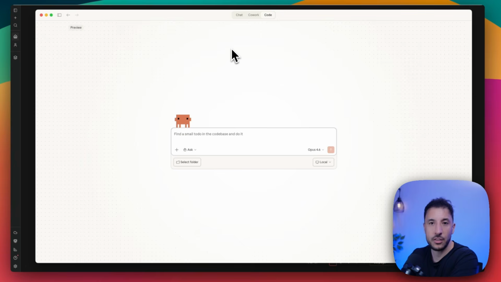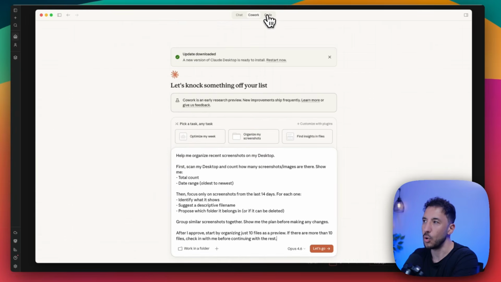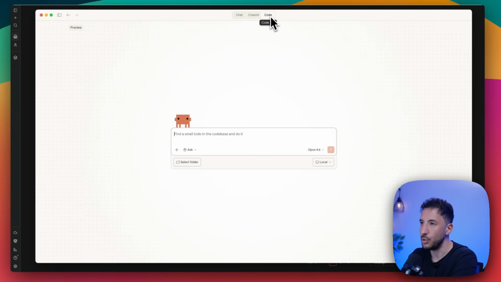All right, so we're going to start our initial prompt with Claude Code. If you don't have Claude Code, head over to claude.ai. You can download the desktop app. You want to use the desktop app because that way you'll have access to Cowork and Claude Code here. After you install it, come to Claude Code and make sure you're using Opus 4.6,